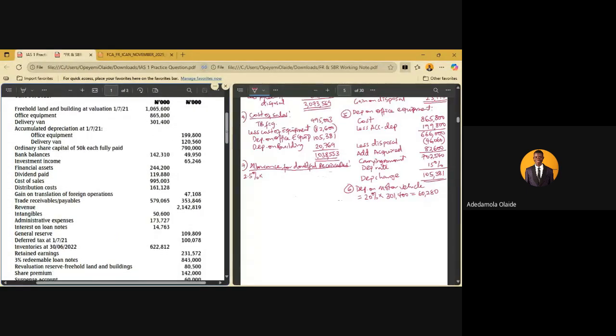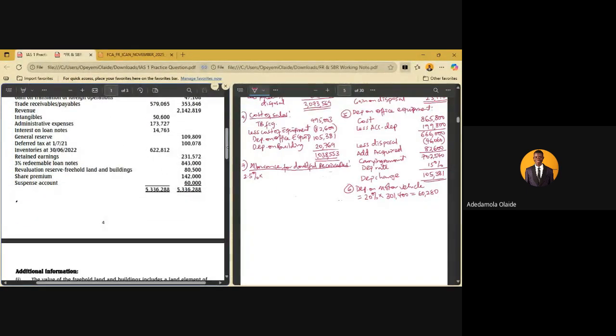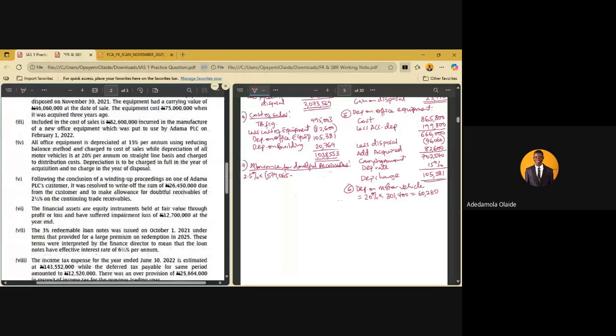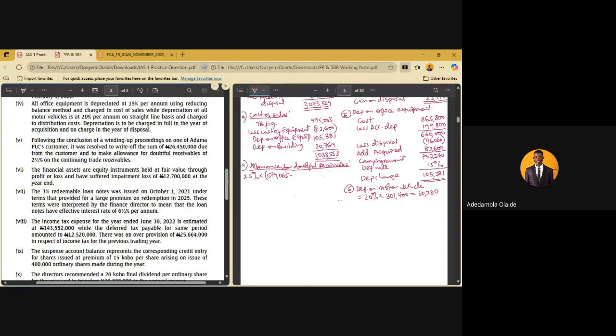We have the receivable to be 579,065. Remember, receivables is an asset, so that's the one that would have been on the debit side. Payables, that is a liability, that will be on the credit side. So that is 579,065, inclusive of the receivable they want to write off,